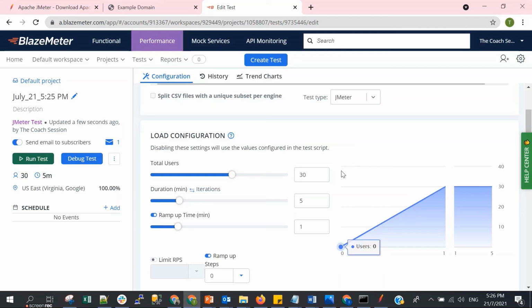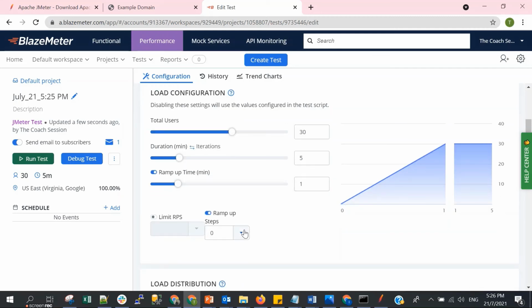Okay, the extra feature in Blazemeter is actually this. It is one of the useful features if we run in Blazemeter, because we can have ramp-up steps. Without the ramp-up steps, our ramp-up will be straight. Let's say the ramp-up time here is 3 minutes. The ramp-up time is actually the duration when the users increase.